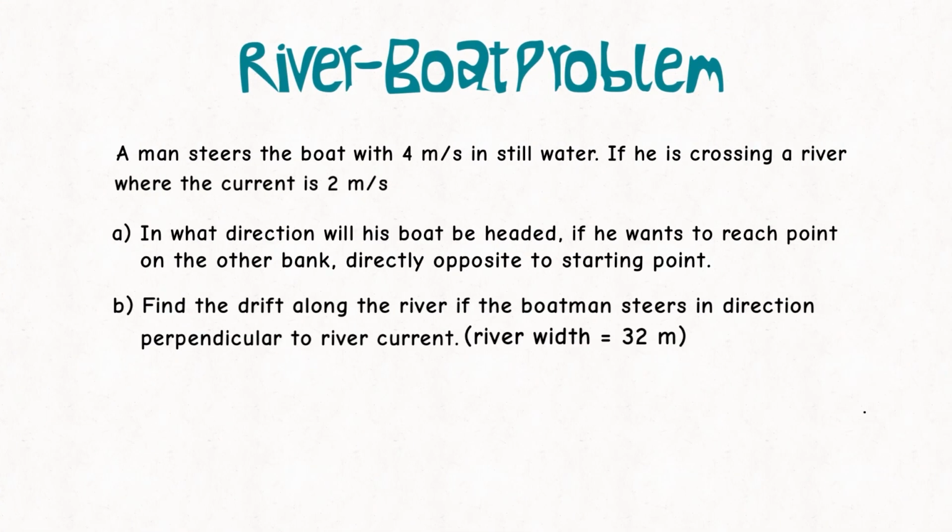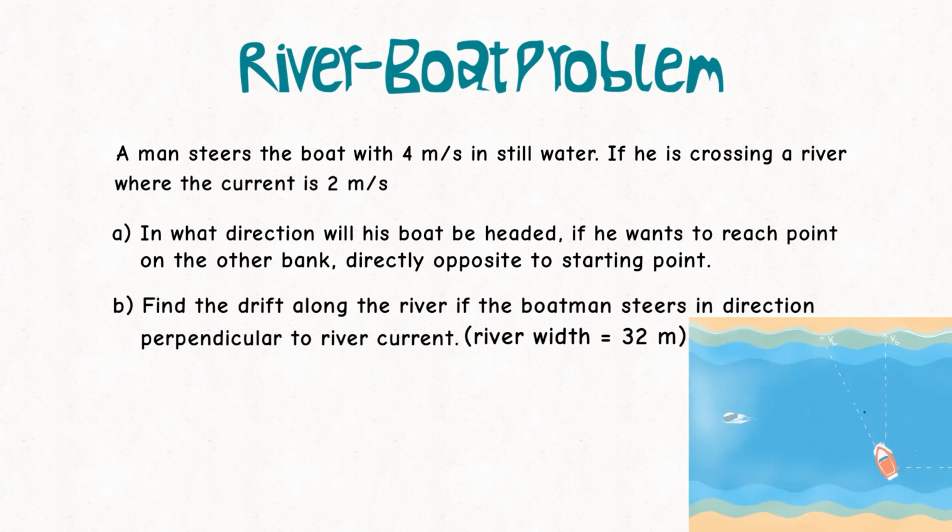In this video we will solve the riverboat problem, which is one of the most confusing topics of relative motion. The question is, a man steers a boat with velocity of 4 meters per second in still water. If he is crossing a river where current is 2 meters per second,